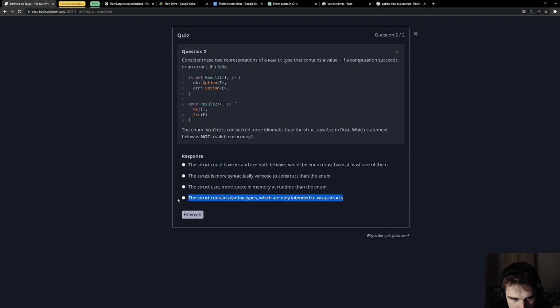The struct contains option types which are only intended to wrap structs.